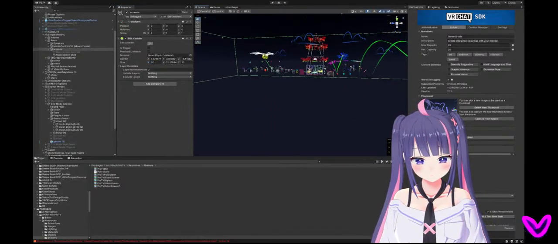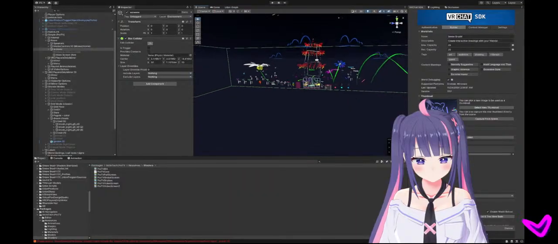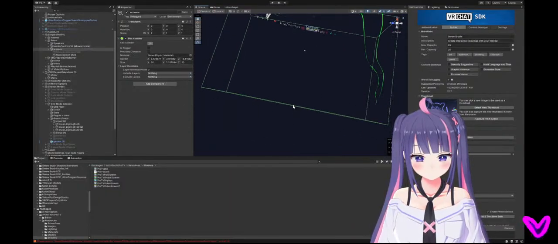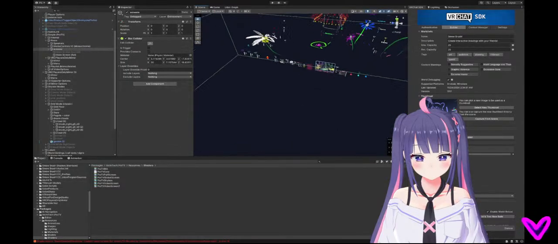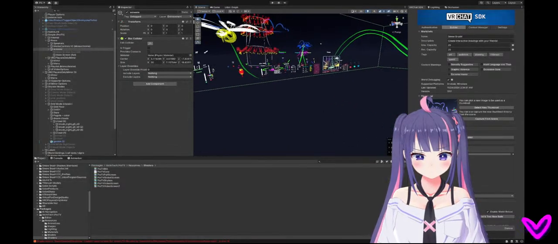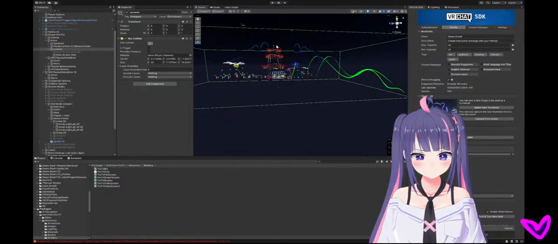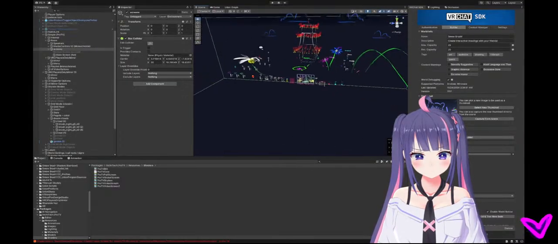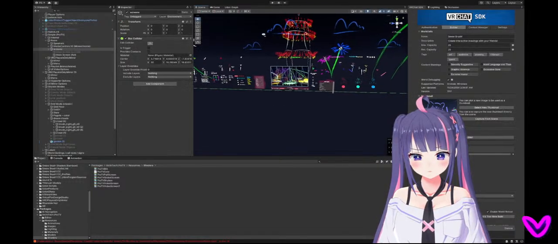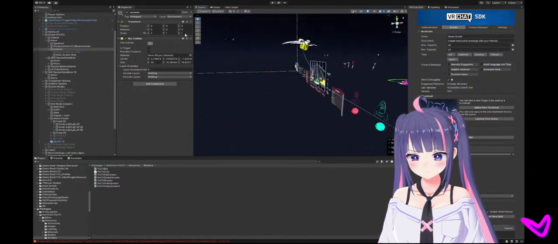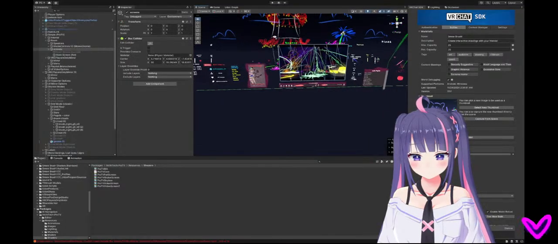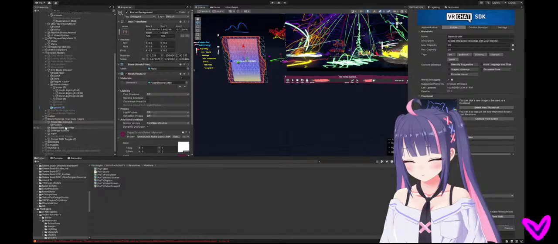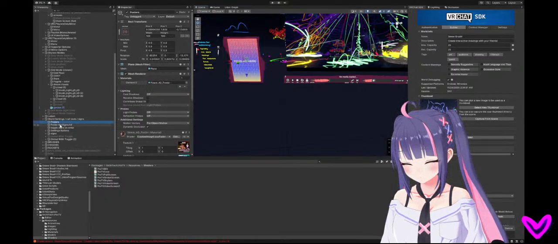If you go past that, it just turns off the screen. Okay, that's fair. Oh yeah, that would also be a great idea to have the background